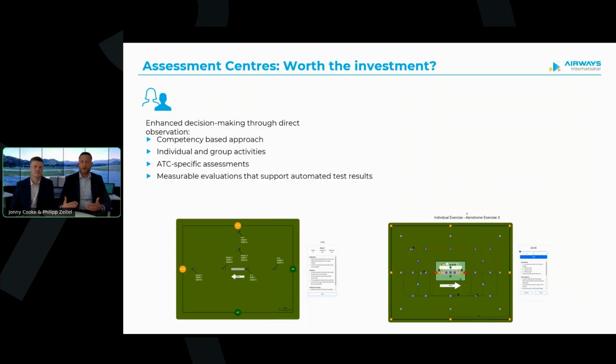Our controllers, who are often also instructors, spend about 90 minutes to 2 hours with a candidate going through those exercises. We are looking for things like: is a candidate able to remember instructions? Is a candidate able to say no? What's the short-term memory like of a candidate? And so on. It gives you a lot of insight on how trainable and ultimately successful a candidate would be. If you could please go to the next slide.